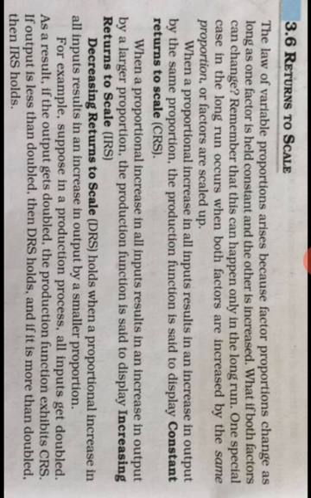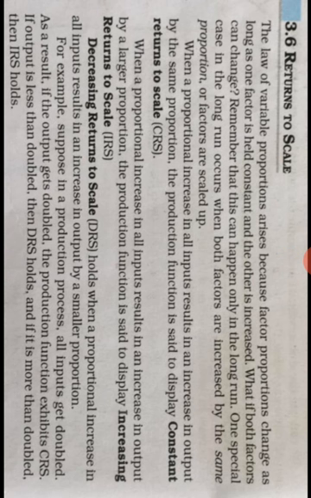That means in one field, if you keep 10 laborers, they work for one day and produce 10 quintal of wheat. So it is called constant return to scale. As much as you are increasing the input, that much output is increasing. It is equal. How much input you are keeping, that much output you are getting. That is constant return to scale. The production function is said to display constant return to scale. We will write it as CRS, that means constant return to scale.